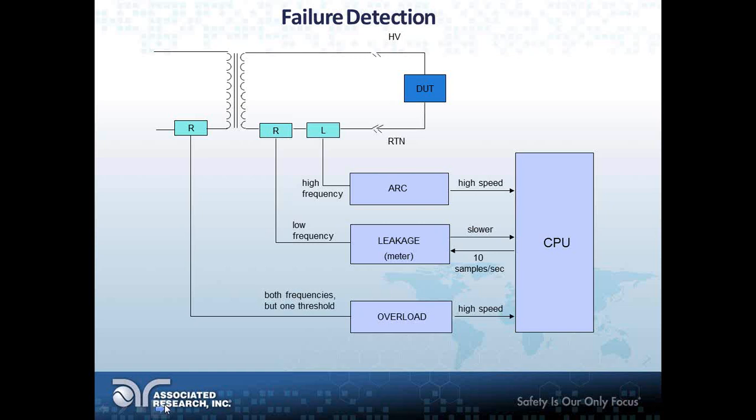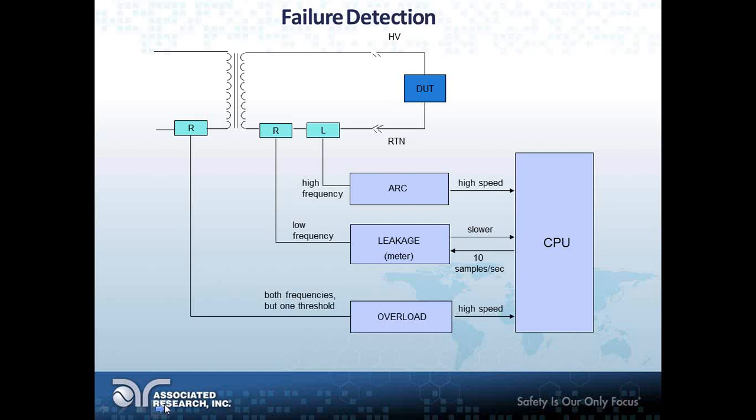So I'm going to start at the bottom there where it says overload. Overload, that's our short and breakdown detector. That's the quick one I was talking about. That's why it says high speed. That's that 400 microsecond interrupt. So when it says both frequencies, what I mean by that is it's looking at high and low frequencies. And when I talk about arc detection, you'll understand that a little bit better. But it's looking at one threshold. Basically, it's looking at the maximum capability of the unit. It's looking at various frequency ranges and saying, all right,